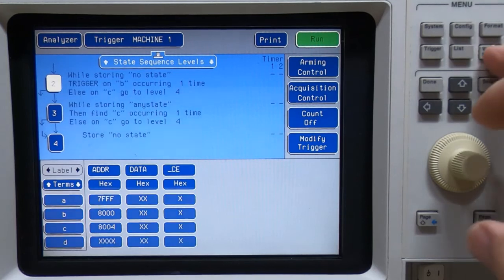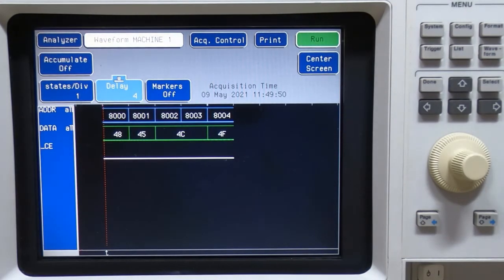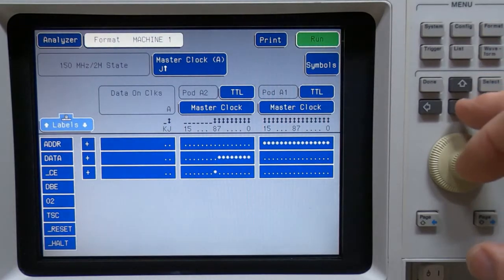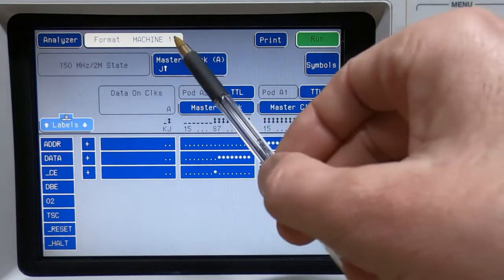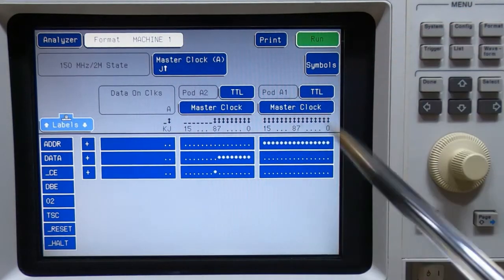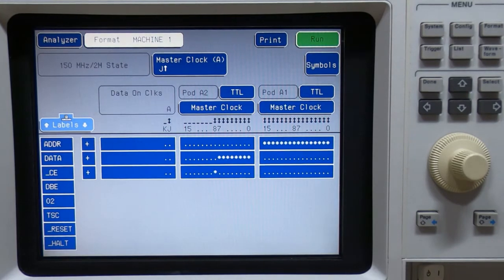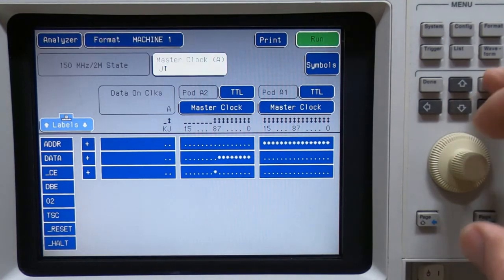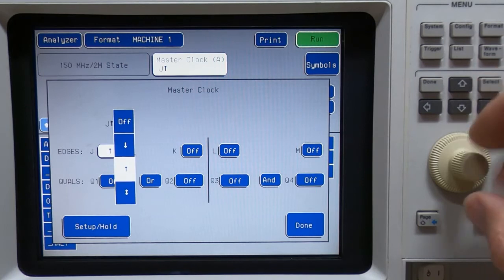Firstly, we are capturing nice clean data here, and quite often you'll be scratching your head wondering what on earth you're looking at when you capture data. There can be many reasons why the analyzer will capture things that you're not expecting. The first of those, if we go through to format, notice here that I've got the master clock set to only trigger on the rising edge. But if I change that and I capture on both edges,